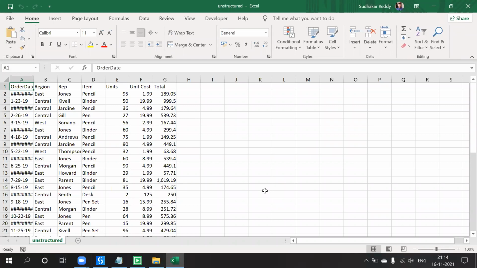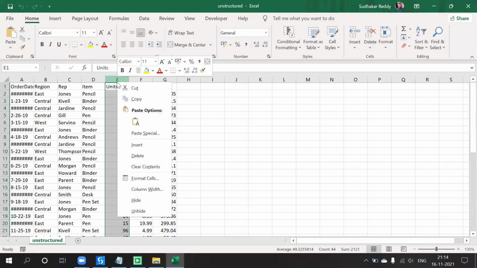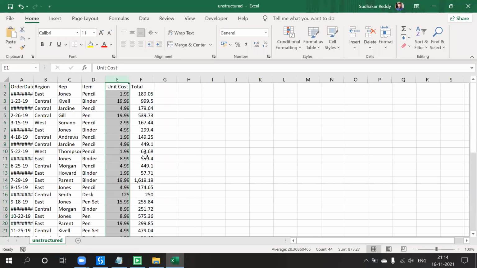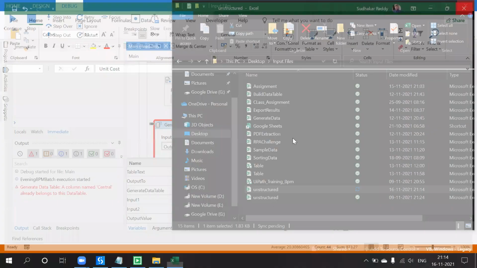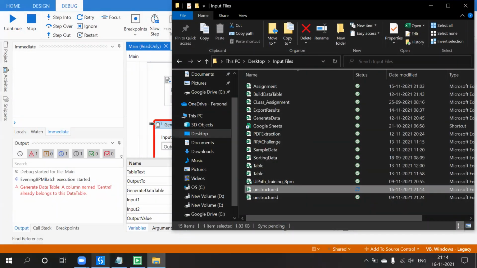For the time being, maybe there is some repetition in the column name, and that is the reason it doesn't consider it. We will try now.